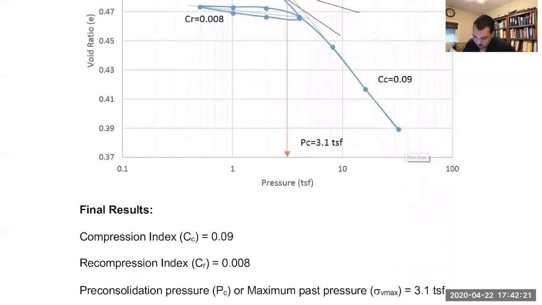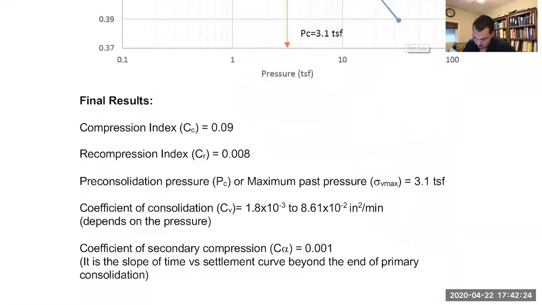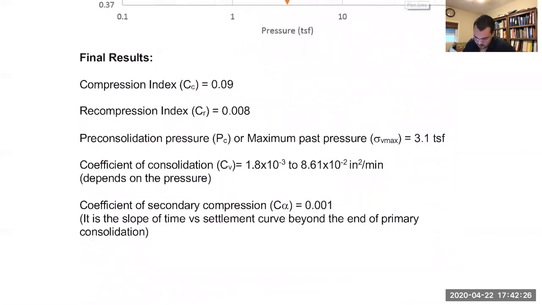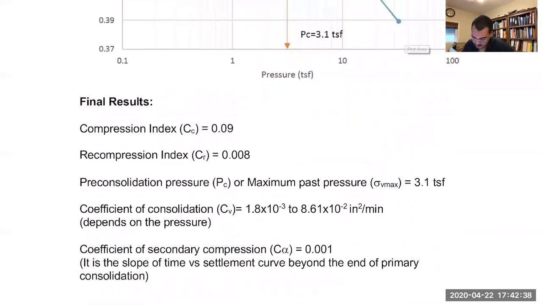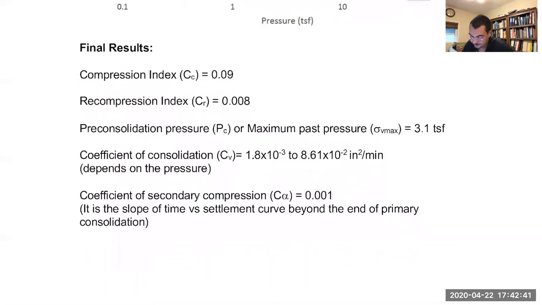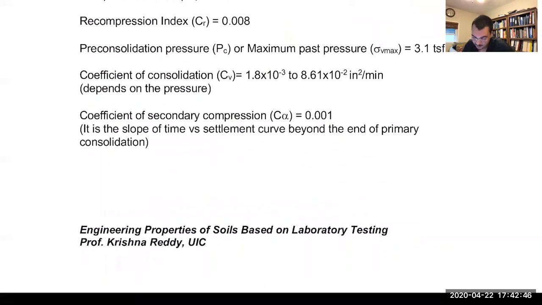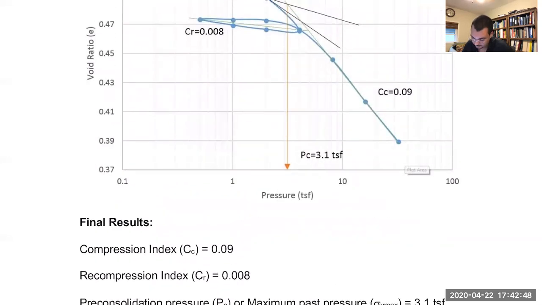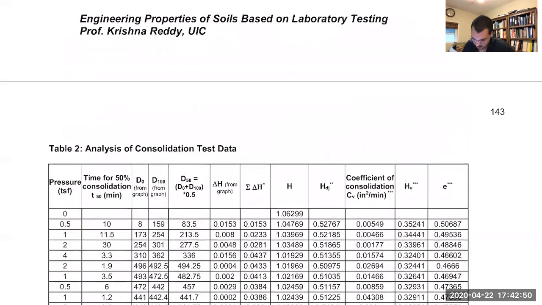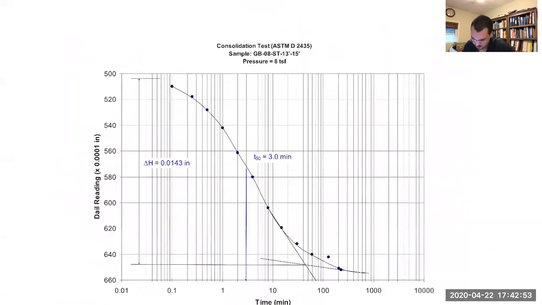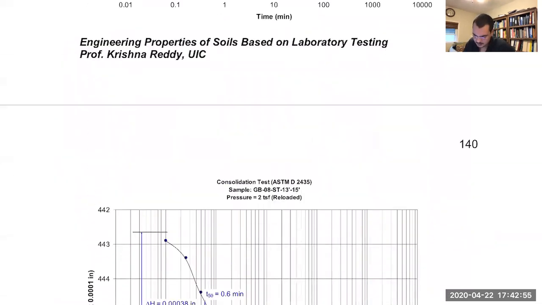And here you have a CV value. Look, it's like a range. It can be reported like this in geotech reports, but it also can be just an average value maybe for each layer or for all the layers together, depending on what you're trying to do. And I think that's it for